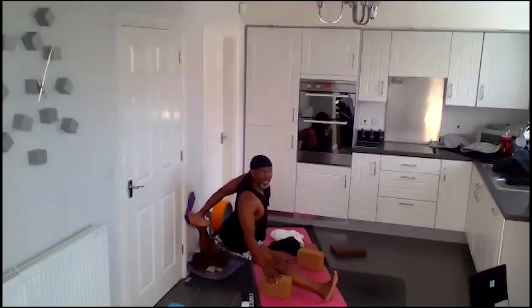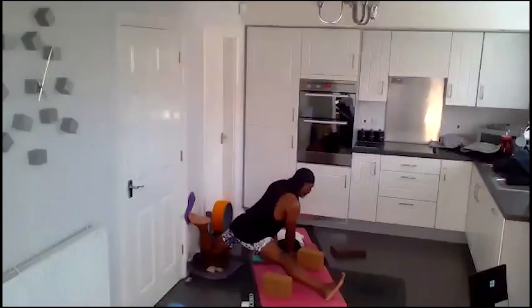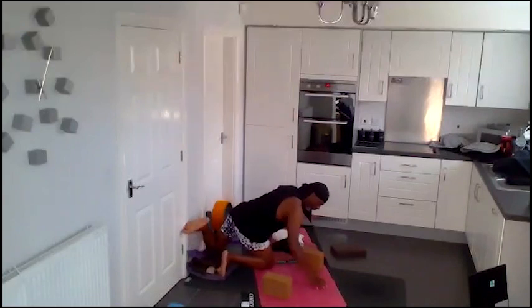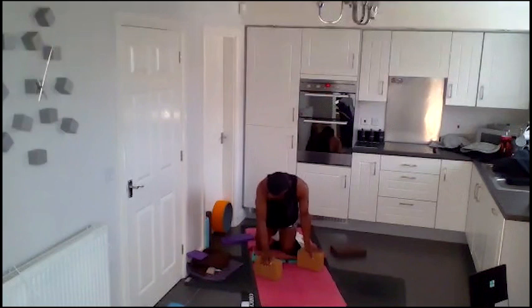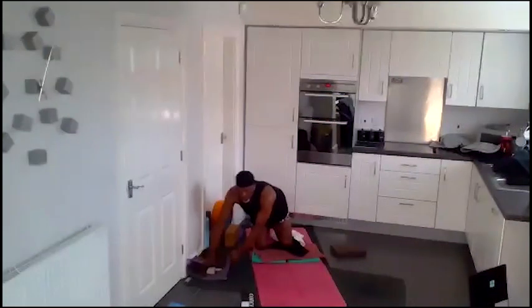Last breath here, deep breath. And exhale, release. Turn to the side and ease on out of the pose. So now your hips are nicely open. Use the wall again. Your next pose against the wall is